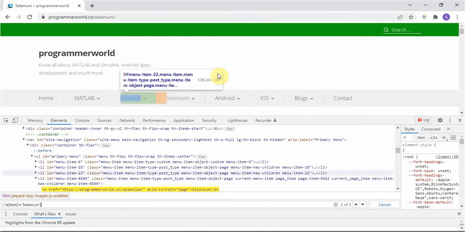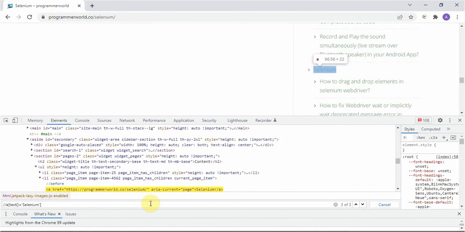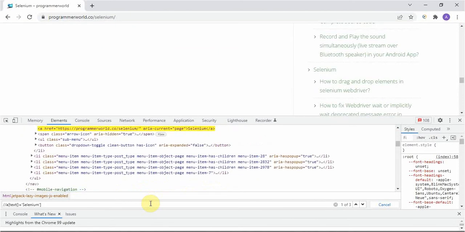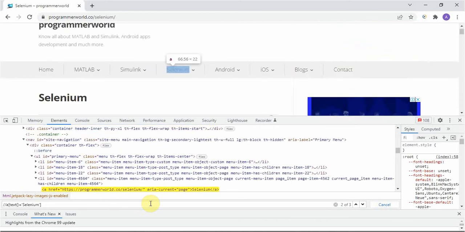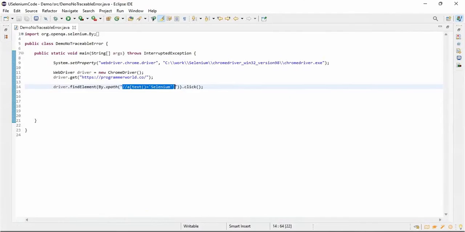It will take the first one. As the first one is not in visible form, the test case will fail and it will show the error like this: